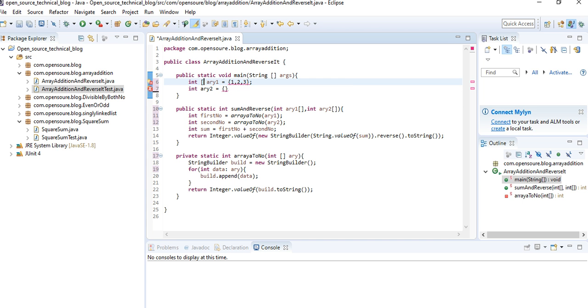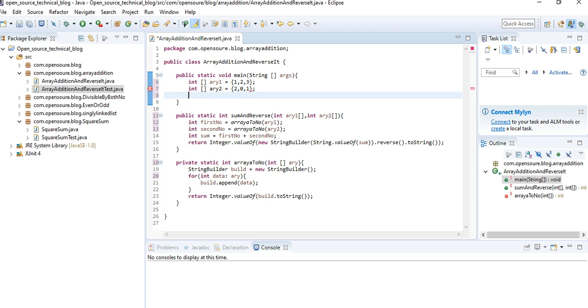So let me take 200, 101. Then I'll call this method.